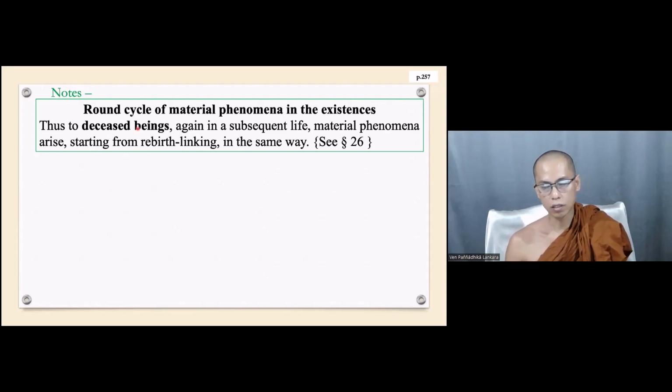After death consciousness, they are reborn in any plane of existence. So if the new life is related to materiality,